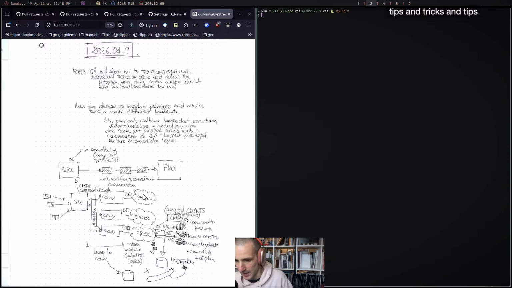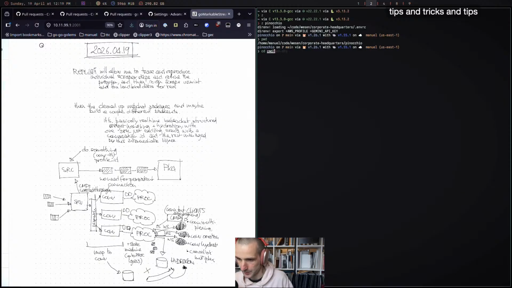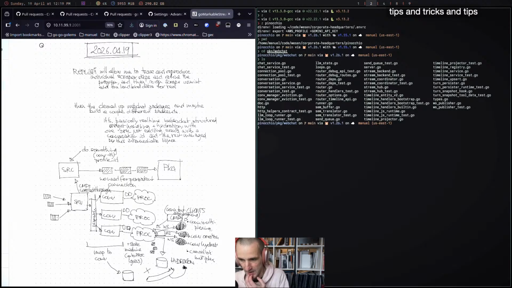But I want something generic, and I've tried multiple times, and I have something called web chat in my Pinocchio framework, and it has turned into quite a vibe mess recently because I've just wanted to get stuff done. It actually works, but it is a mouthful.